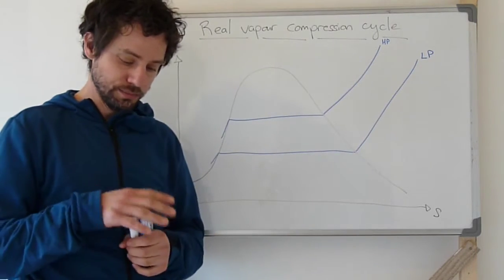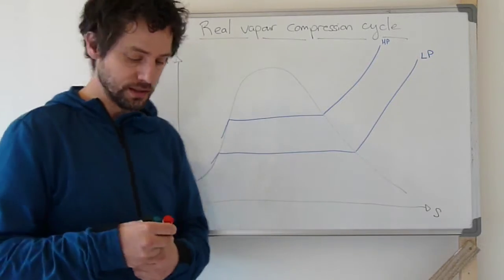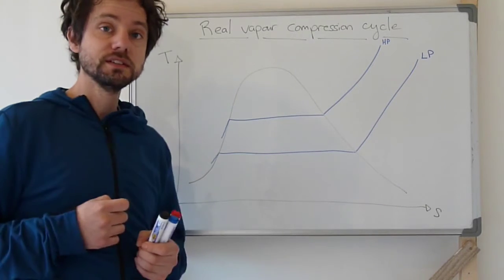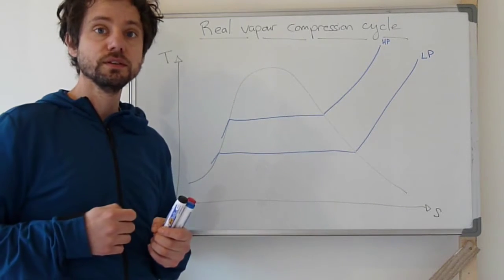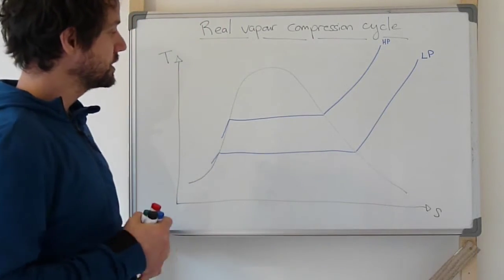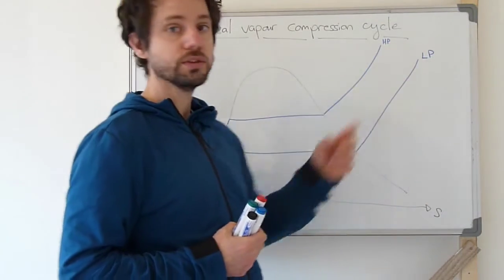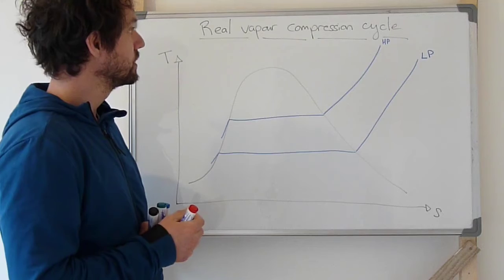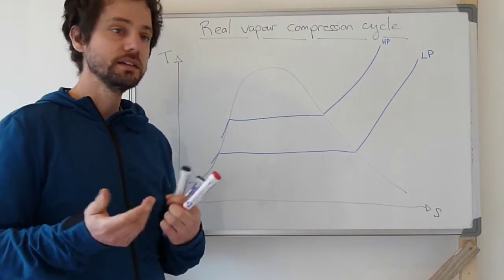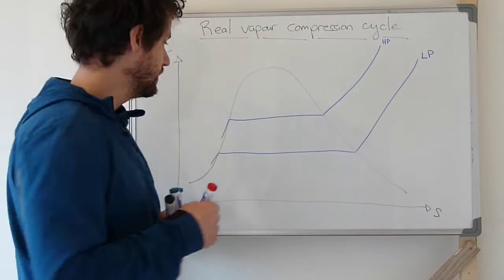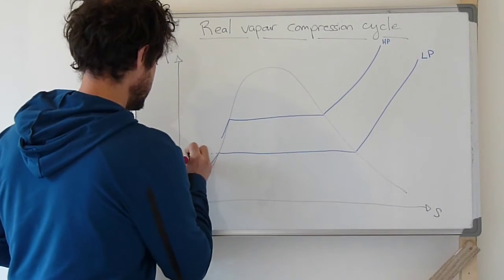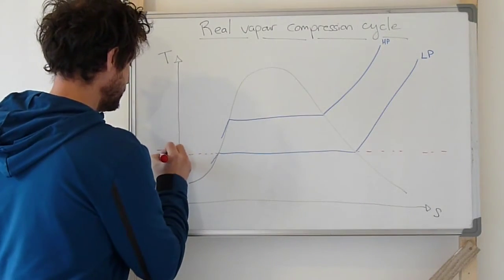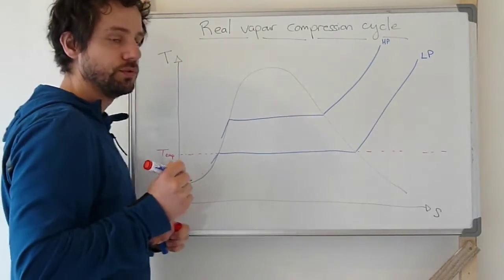So now we will plot this one in a TS diagram, temperature, specific entropy. Maybe the first thing to plot is the two isobaric lines corresponding respectively to the low pressure and to the high pressure. And if we want to start by plotting the compressor inlet, what's called point A, we can start here. This temperature corresponds to the evaporation temperature, and if we know